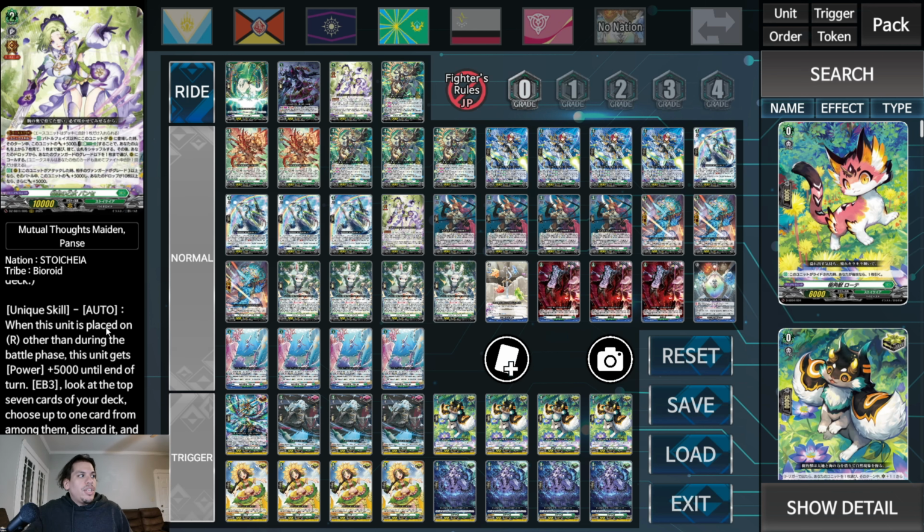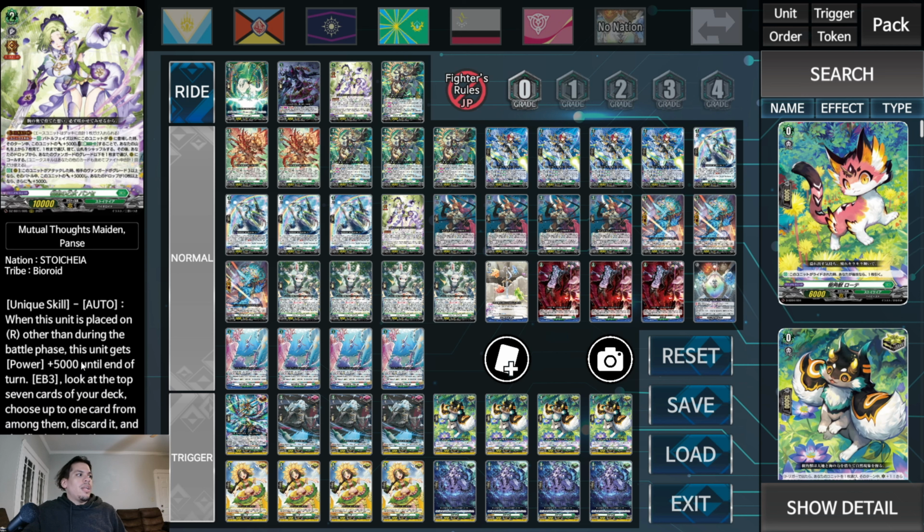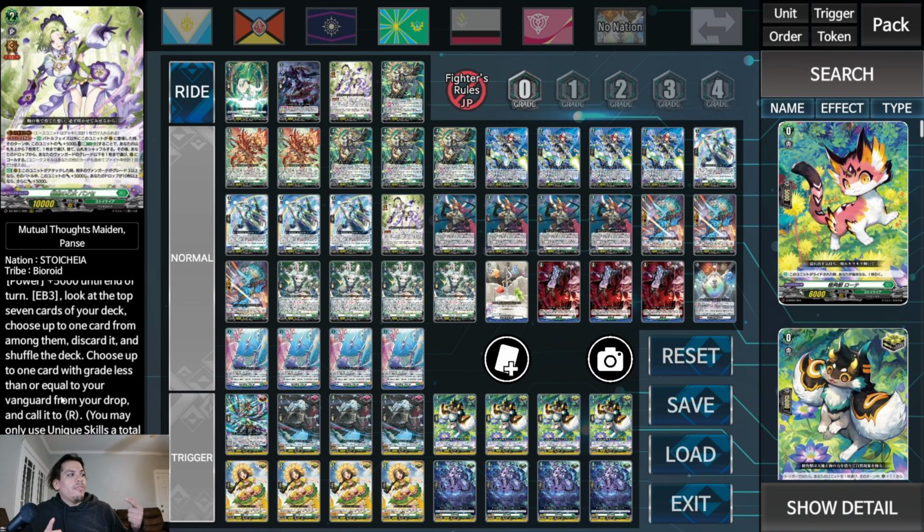We're playing our Ace unit. This Ace unit is actually pretty good, especially for this deck. It's not grade locked, it's just once per game. When this unit is placed on rear guard, other than during the battle phase, this unit gets 5,000 power until end of turn. Then Energy Blast 3, look at the top 7 cards of your deck, choose up to 1 card from among them, discard it, and shuffle the deck. Then you can choose 1 card with grade less than or equal to your Vanguard from your drop and call it to rear guard. So you can play this turn 2, mill out the bunny, call the bunny,